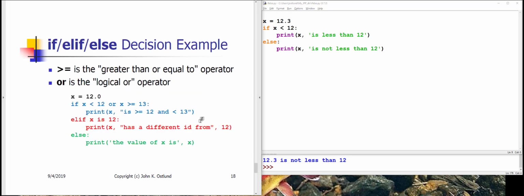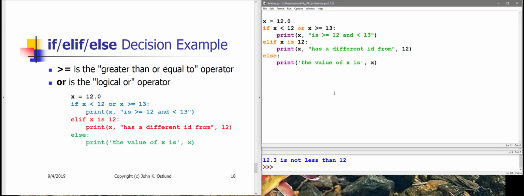Here again, let's look at a specific example. And again, I have typed this into an editor. Okay, so here is this code in an editor. We're saying x gets 12.0. Now, importantly, x is referring to a float in this case rather than an int. I'm testing whether x is less than 12